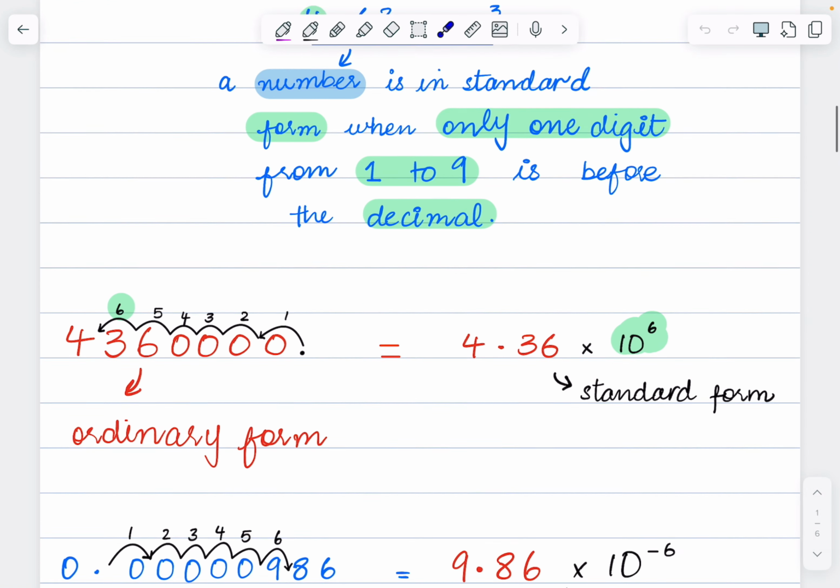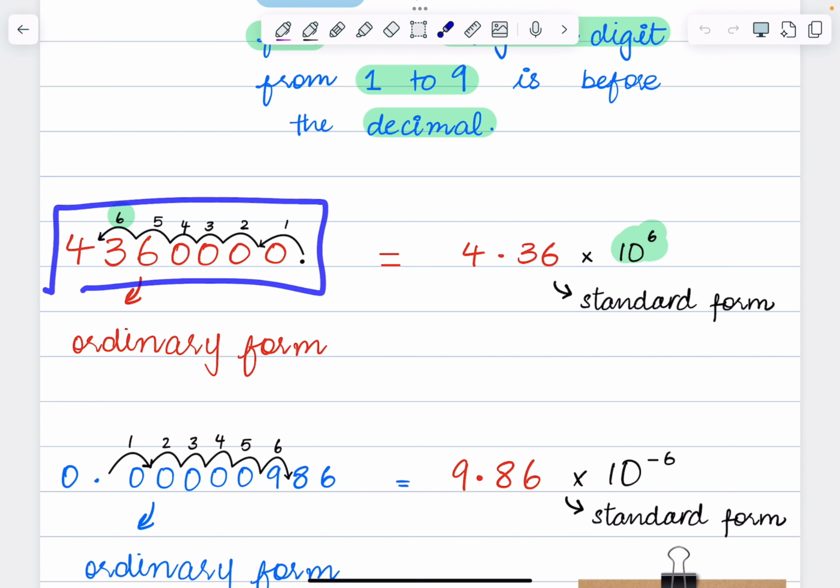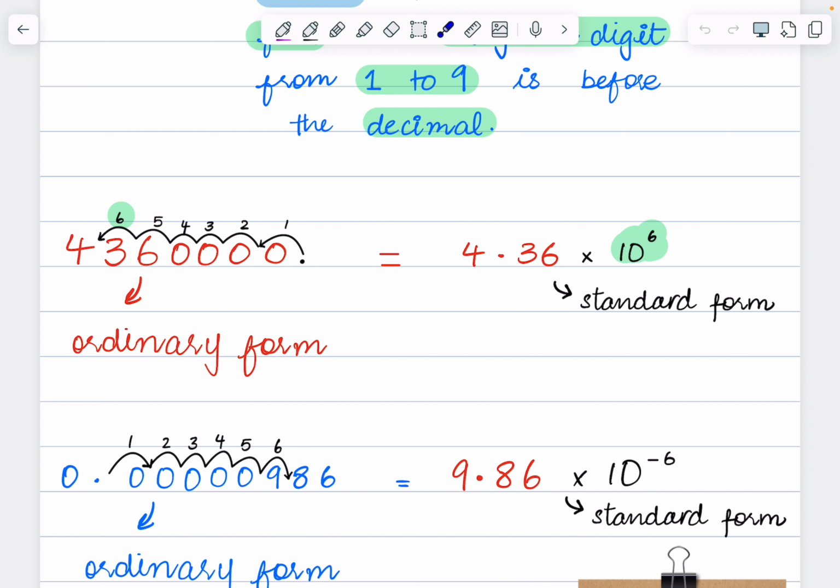Now, writing a number just like this is called ordinary form. And writing a number in standard form is when you have it as a power of 10. Got it? Okay, great. Good job. So this is ordinary form. And they do sometimes ask you to write a number from standard form into ordinary form. Occasionally I've seen a question, or they might ask you to write from ordinary form into standard form. It's very simple. Just remember, okay, now how would you know the power is supposed to be positive? How would you know the power is supposed to be negative?